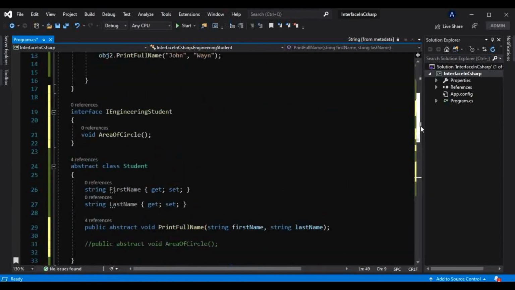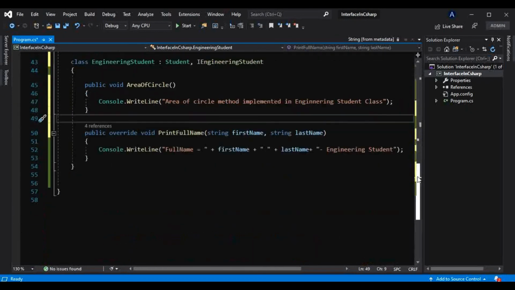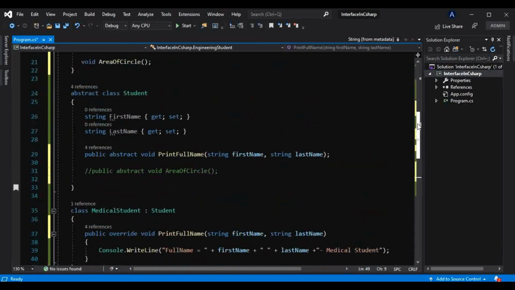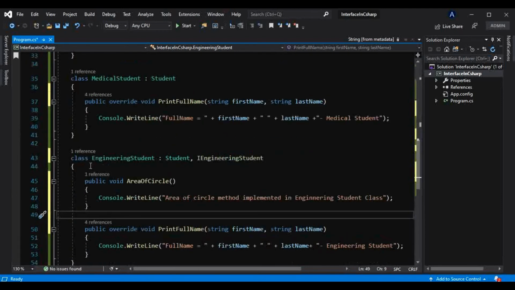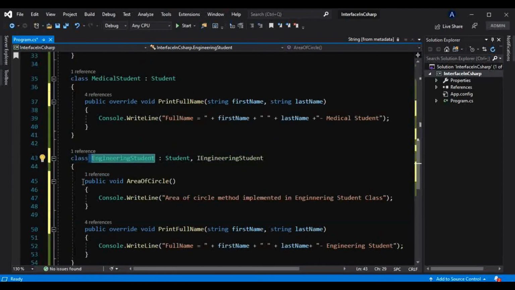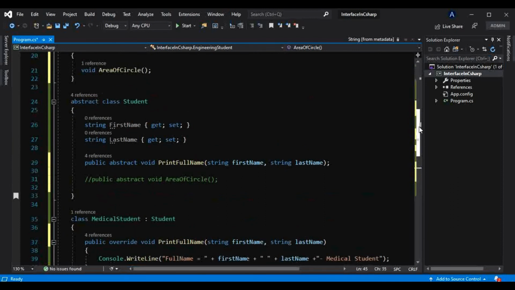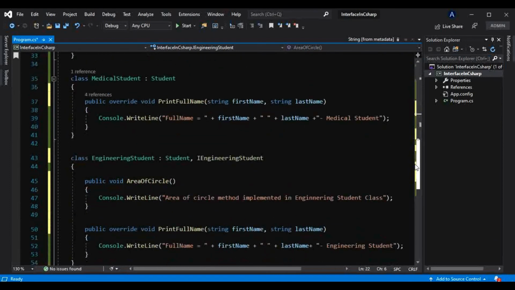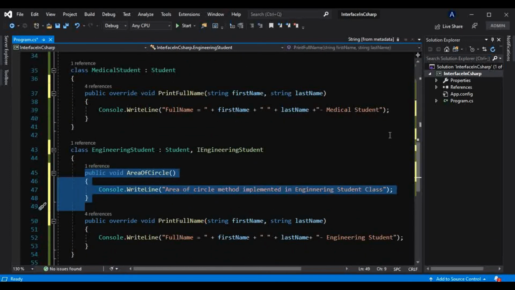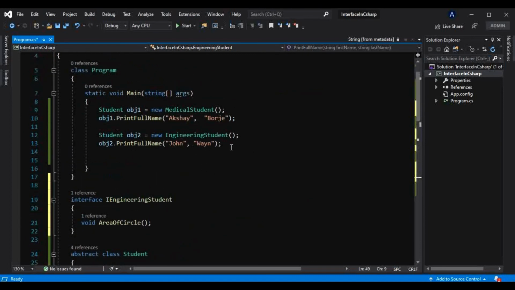If you see, you will not find any error here, and our application is still working fine. What we have done is, only when we had a requirement for this engineering student class to have this extra, specific method, that is area of a circle, we have just introduced one interface like this. And why have we used an interface, why have we not taken that method directly here? Because we know if we do so, and if I do that, let me create one object here.